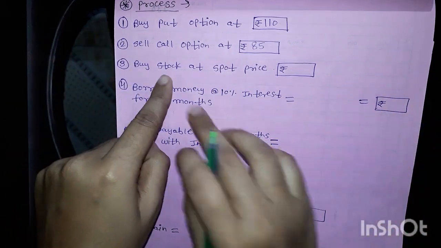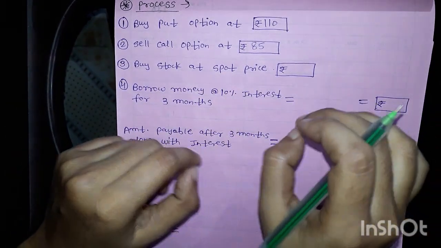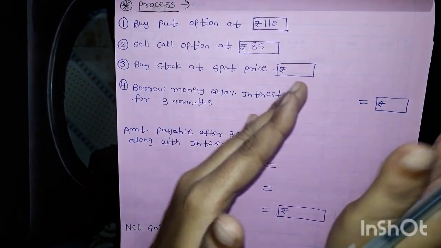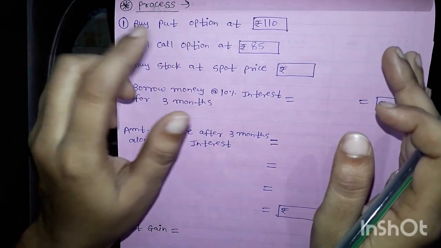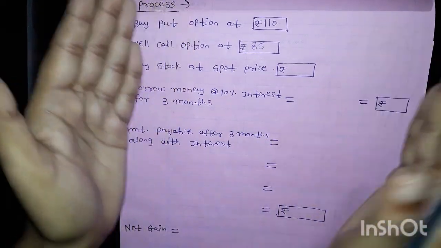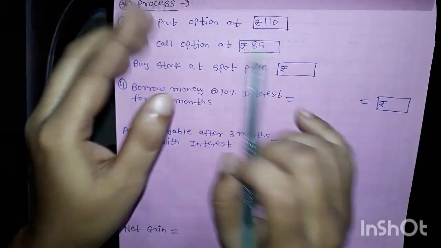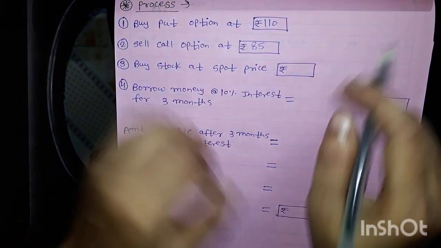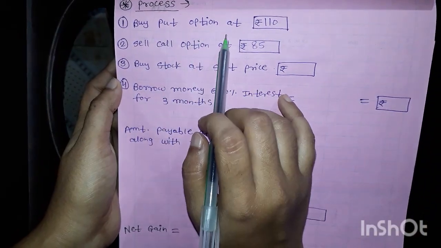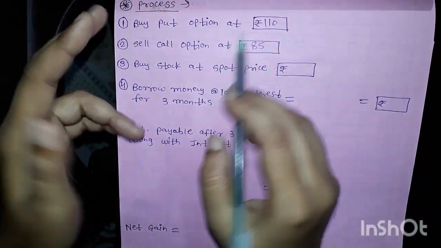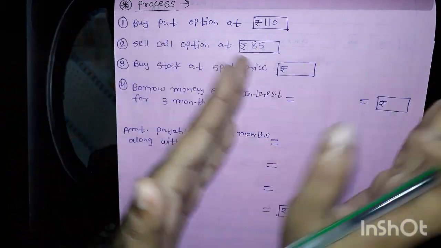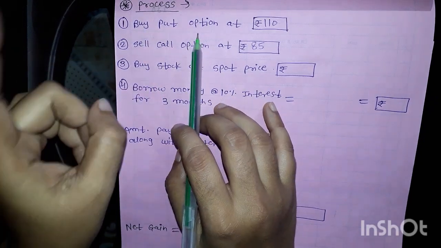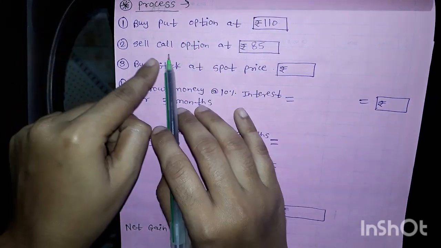Okay, buy stock at a spot price. Okay, see, we are buying here put option. Okay, it means right to sell we are buying here. For getting that right we should have a stock. Okay, if we want the right to sell in future, then we must have the stock, only then can we sell it. Okay, so that's why if we are taking put option, we have to take the opposite action today, so that in future we can sell it. Okay, I hope you are getting this. So here if we have bought the put option, then we have to sell the call option.